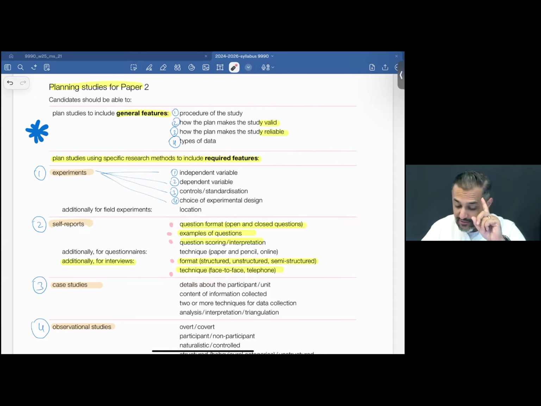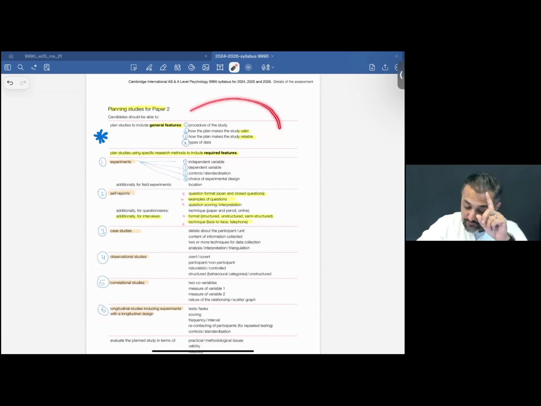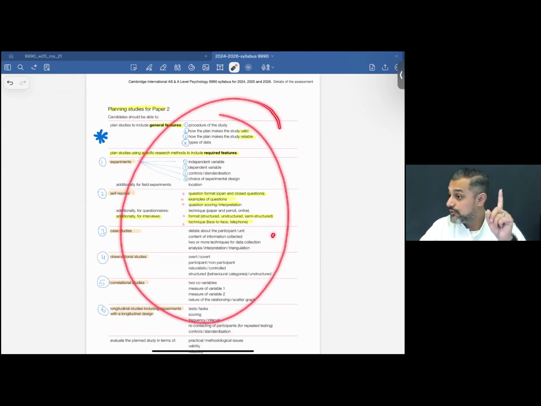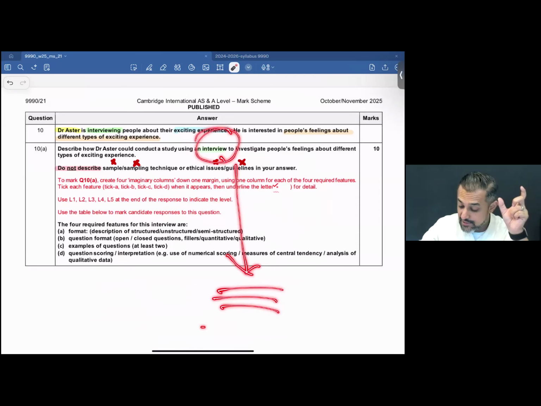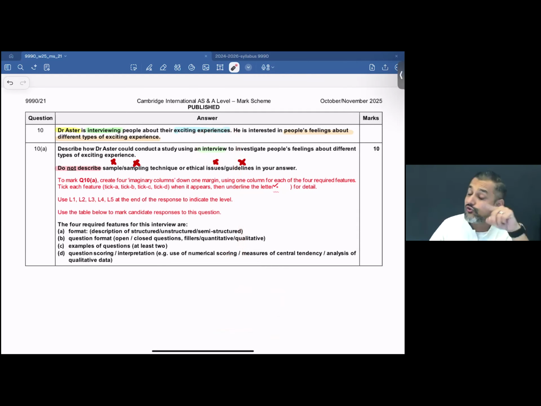So the first thing for planning a study question is know all of this well. Once you've learned it, bring a paper, open up a question paper in front of you. Just figure out what the research method is that is mentioned there, and then write all the features in front of it. Over here you have the marking sheet in front of you, but if it would have just been the paper here, write all the features in front of it. Question yourself, ask yourself, will you be able to recall them in the examination hall? If not, then you need to relearn them. So test yourself in this case.